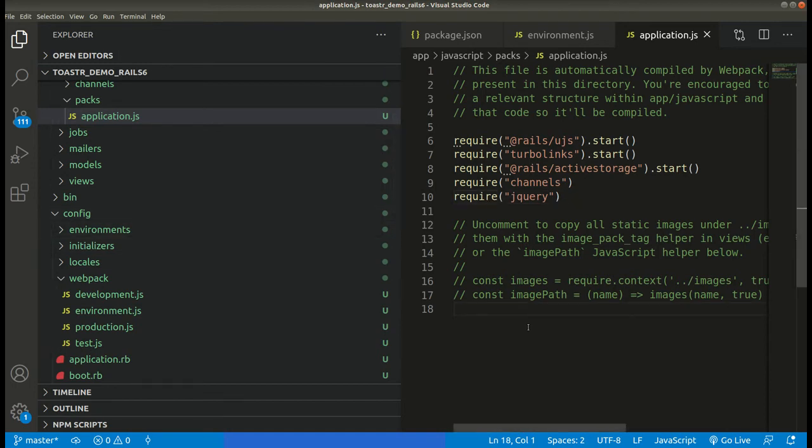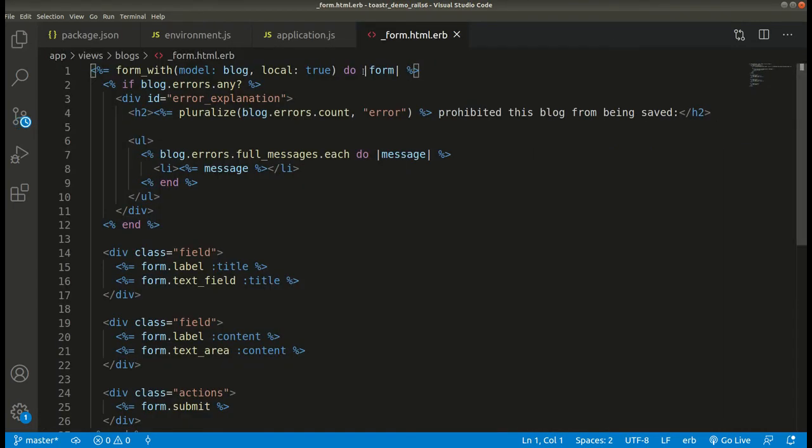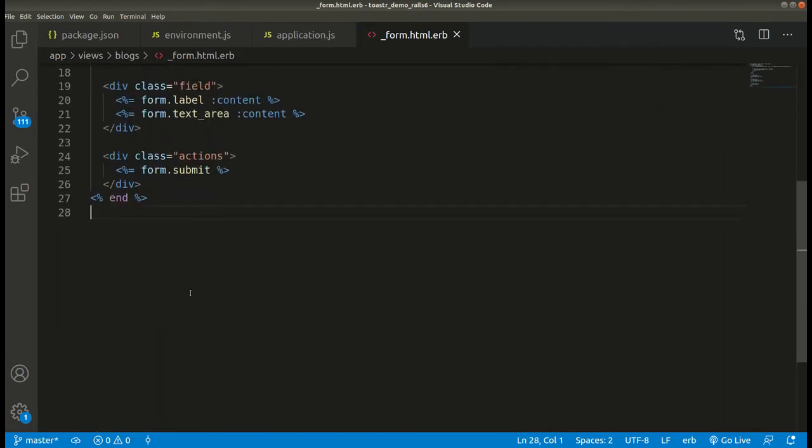Now let us check if jQuery is working properly or not. So for that we can go to this form partial, and here let us write one script tag. Then after dollar function, alert test.